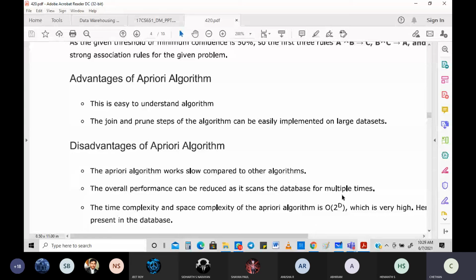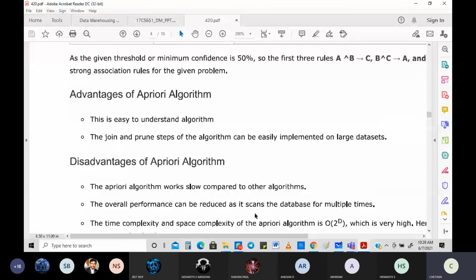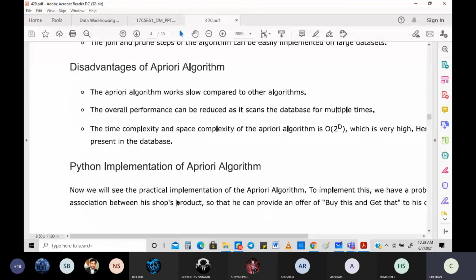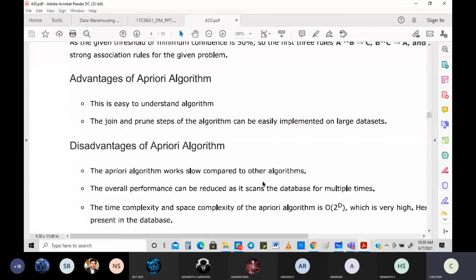Next, the time complexity. Again, you are not supposed to know how it came about. If you are interested, you could always figure it out by writing a design. You would have done all these things maybe in DA, fourth sem DA, where you figure out the big O notations or the complexity notations for each and every algorithm. You can do that and figure it out. But the most important part here is, of course, the Python implementation. You're going to see it in the machine learning aspect of it.